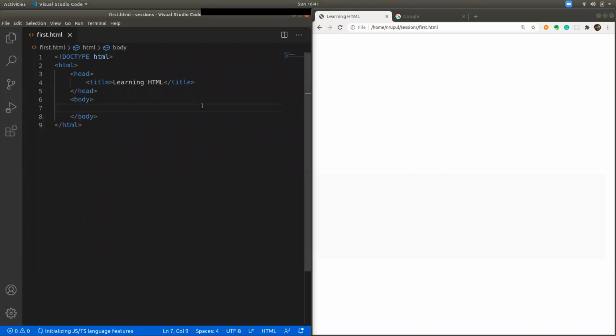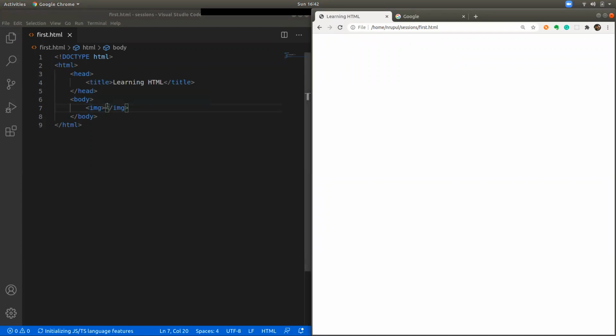Till now, all the tags you are using contain text. Let's look at the next set of tags, which will let you put images into the HTML page. So the tag is called img. Now I'm just opening this tag and closing this tag. If I reload it, there is nothing inside it because you haven't put the image here.